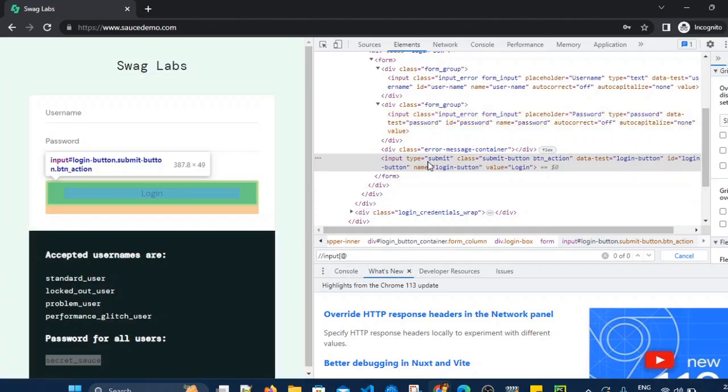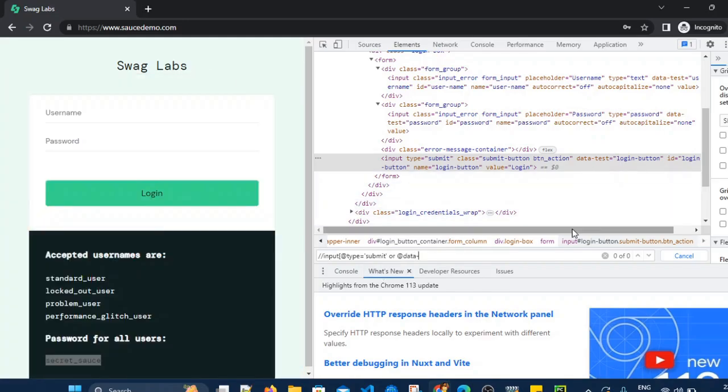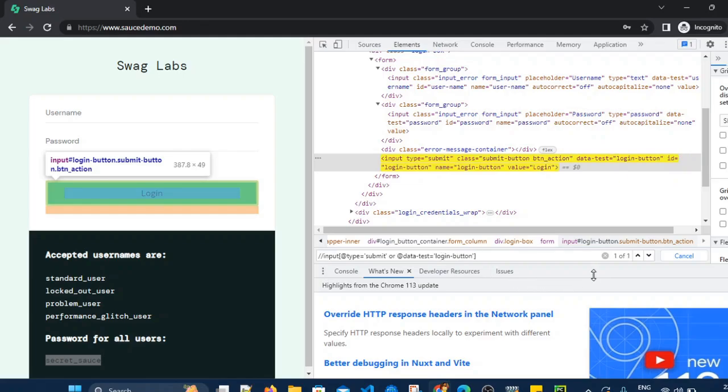So //input[@type='submit', then comma, not comma, we have to use or, @ let's use data-test attribute equals to login-button. So this is the XPath which will capture our login button.